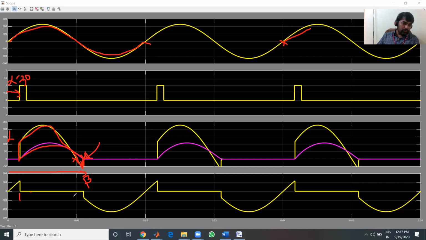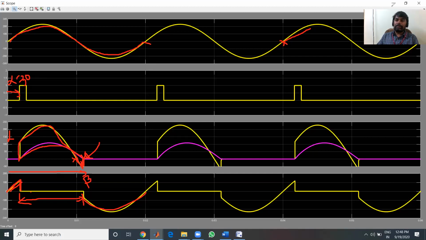Now from alpha to beta, the thyristor is in conduction state, so the voltage across the thyristor will be 0 ideally. Practically it should be 1 to 2 volts. And during alpha, you can see the thyristor is blocking the forward voltage. And after beta to 2 pi, you are getting reverse voltage across the thyristor. So the thyristor has to block this reverse voltage. So this is about RL load at alpha equal to 30 degrees.